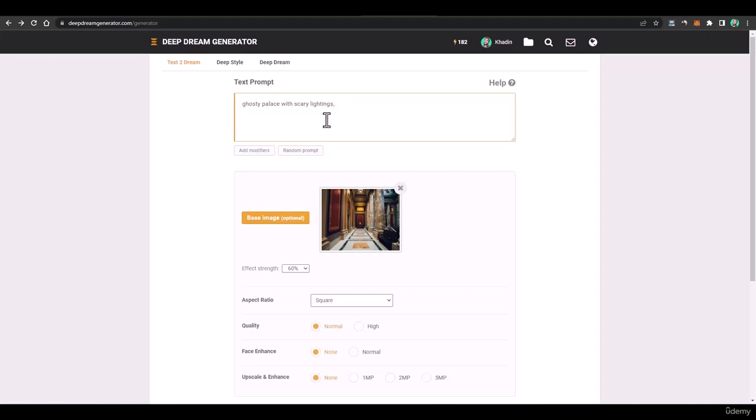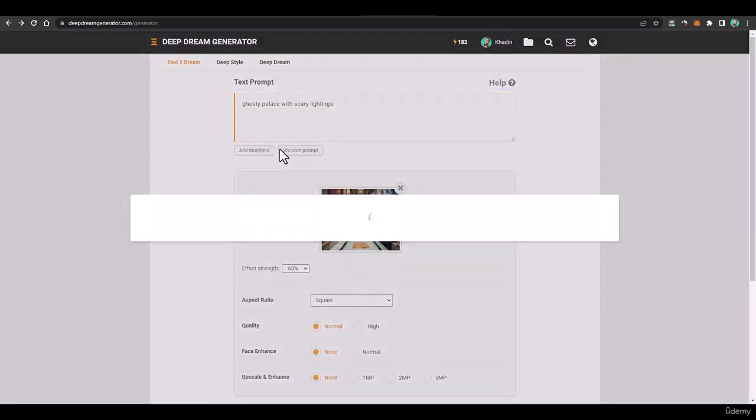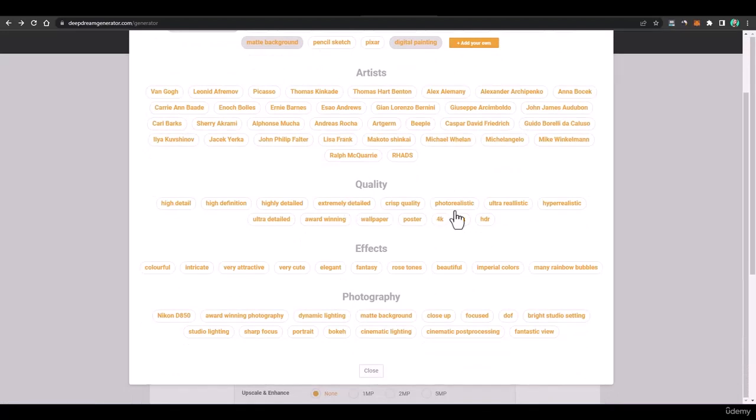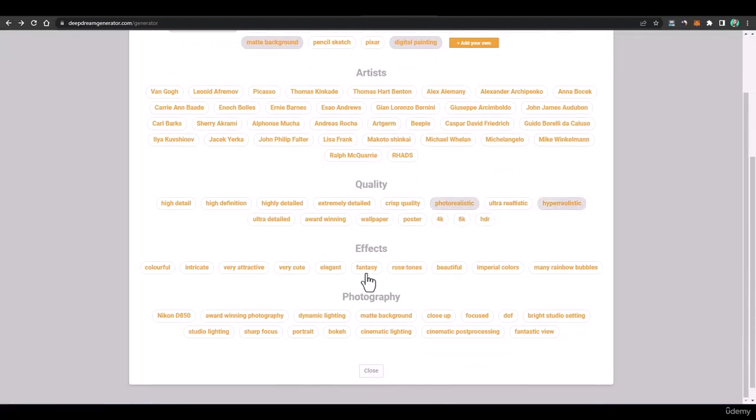What we can do here as well, let's say this one only, and from here we can add the modifiers. So this one, and then what should be added here? Yep, this one, and then ultra realistic, photorealistic, and hyper realistic. And then it should be a fantasy, colorful. Let's say it's not a fantasy, but it is. And then it's a bit confusing because I'm not a good artist.